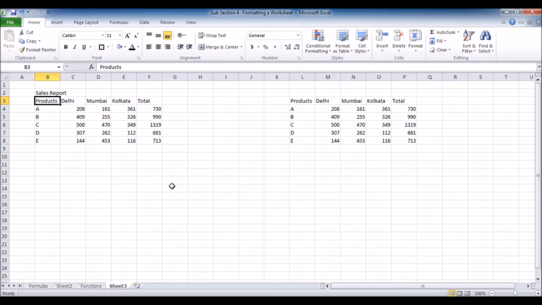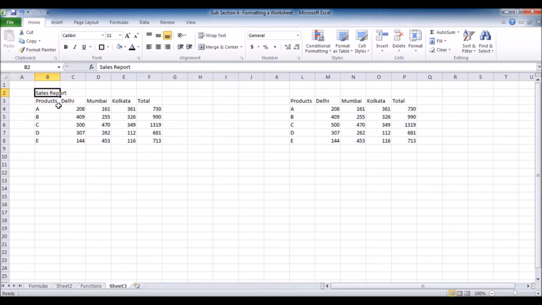After entering the data and performing calculations, it is very important to format the cells. In this case, I have created a small piece of data on which we are going to format the cells to make it a more attractive report for the people to whom we are about to send this report. You can see this is the title of the report, but right now it is not coming